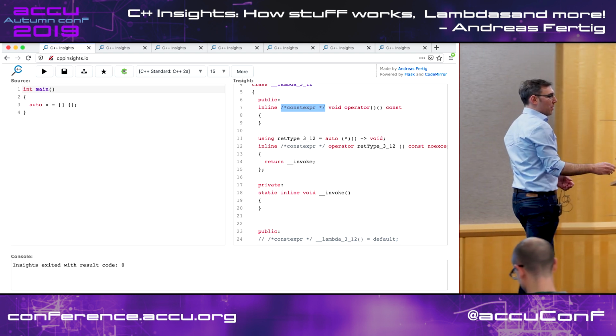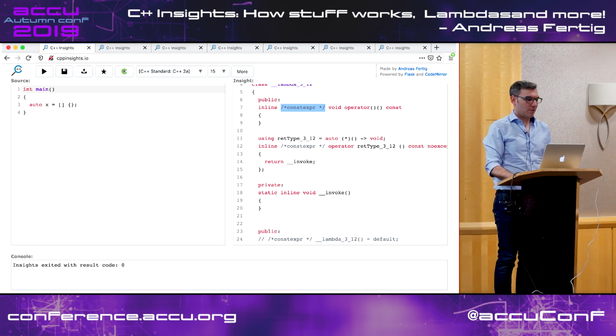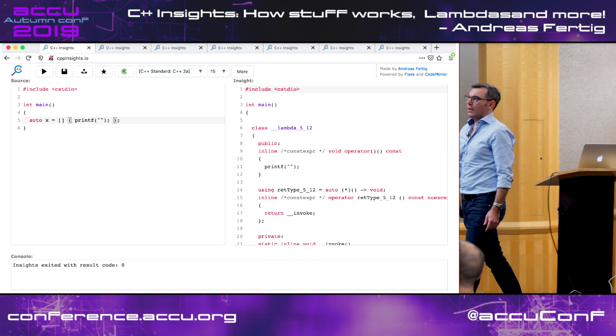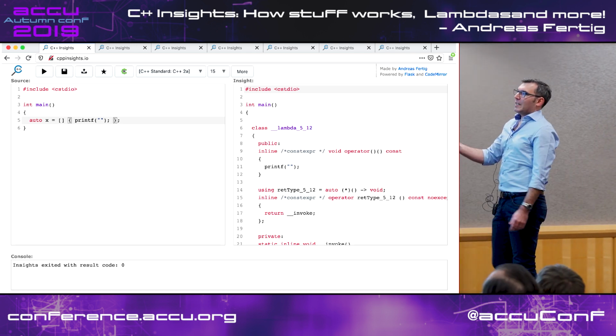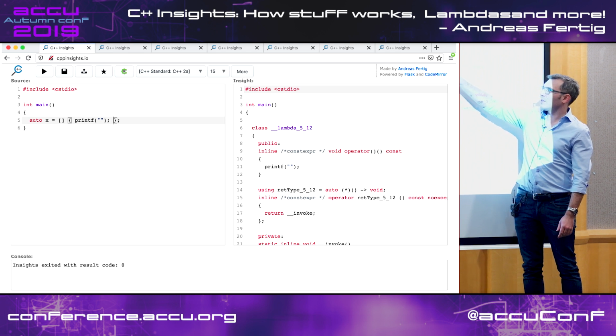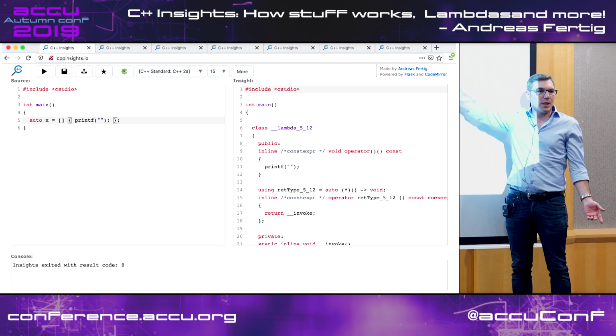So, for example, if in the same example I would use something like a printf in here, just doing nothing, just being there, then the compiler still doesn't know in the front end, or doesn't tell me at least, whether that thing is constexpr or not.